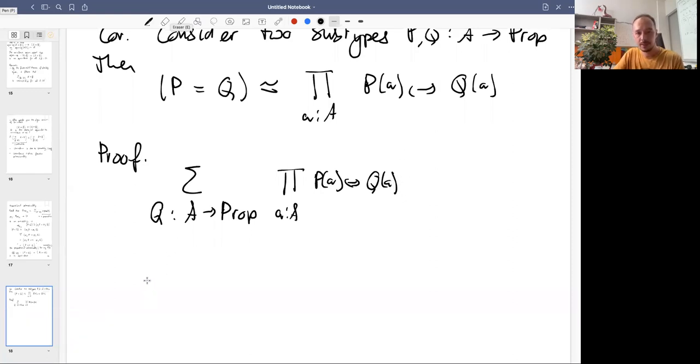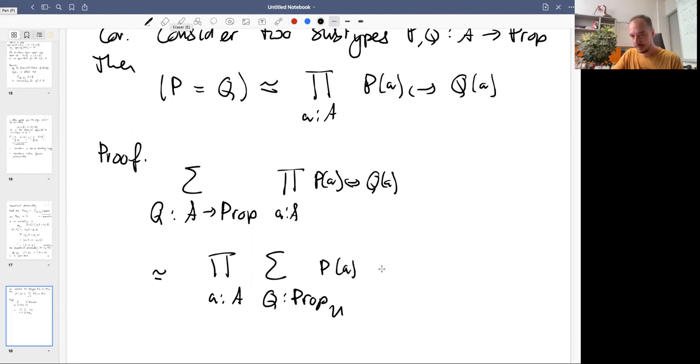Okay, but we know by the type theoretic axiom of choice that this is equivalent to, for every A in A, there is a proposition Q